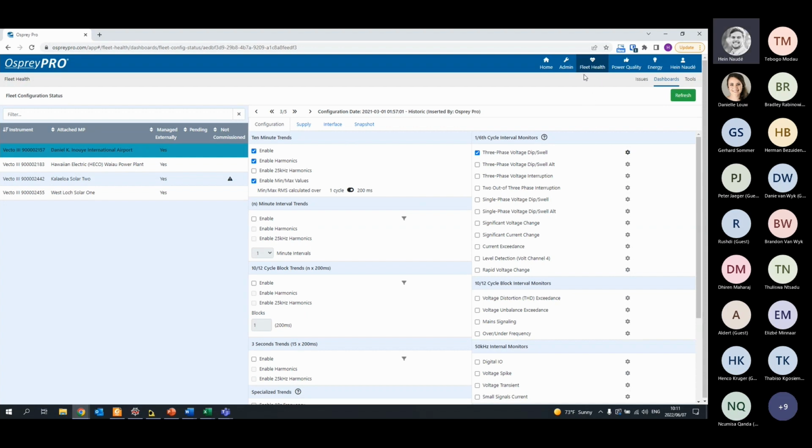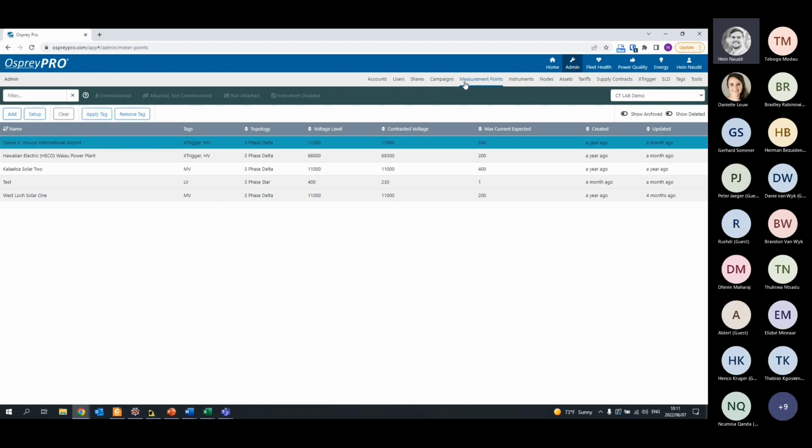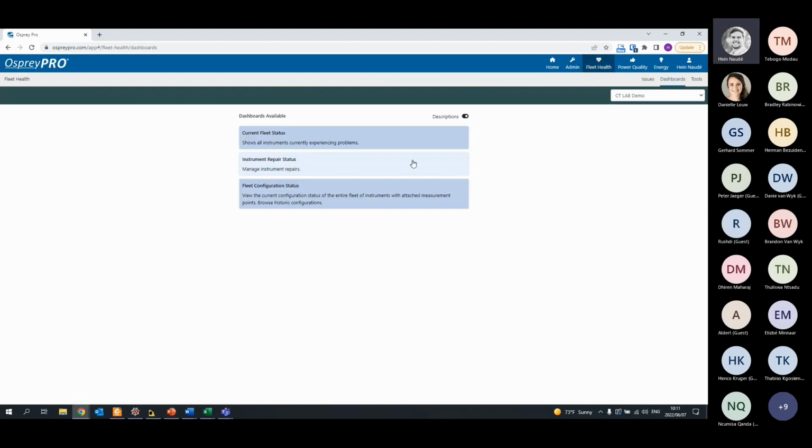Okay. The actual change of configuration we covered in the previous session, and that is done by changing the setup of your measurement point under the administrator portal. Under setup is where you change that. So just refer to the previous training video for more details on that. Okay, getting back to the fleet health portal,